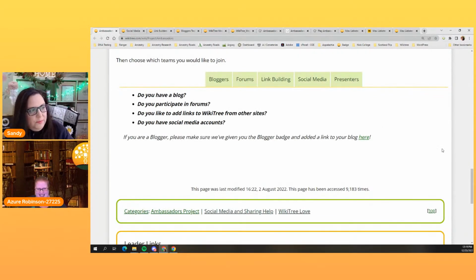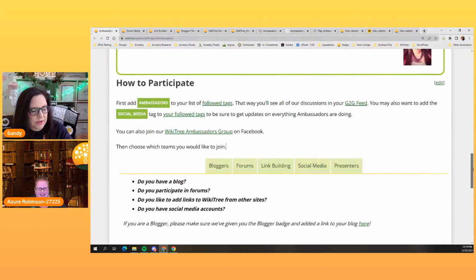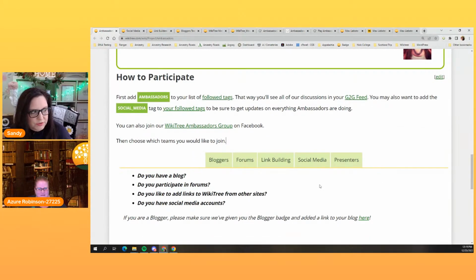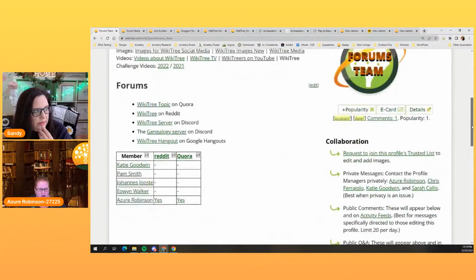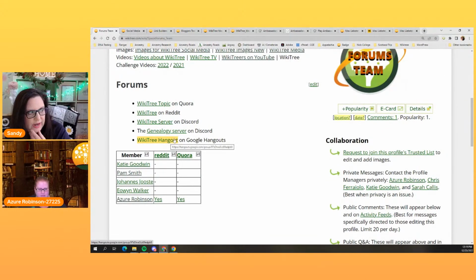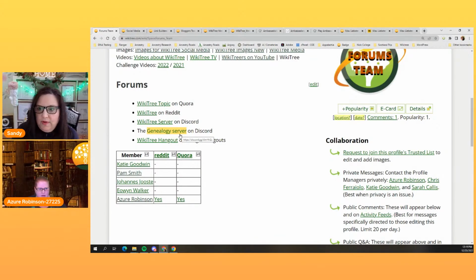Okay, but what did we miss on the main page for ambassadors? I think we talked about the social media and the forum during bingo, but here's a couple more areas: the WikiTree Hangout, and the genealogy server on Discord. That one's a really great one. And I know a lot of you are on that too. So if you do an interesting profile or have an interesting comment to make about a character, or maybe you want some more help, post the link to the profile on the genealogy server on Discord, and that'll also bring them right back to us.